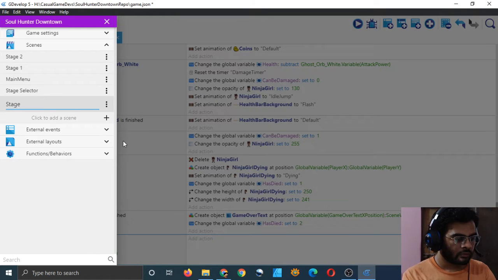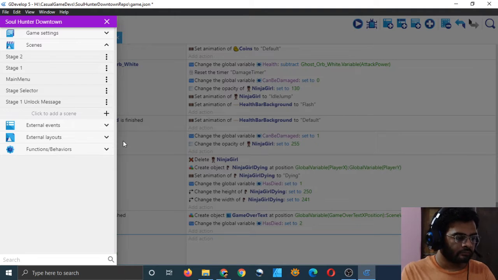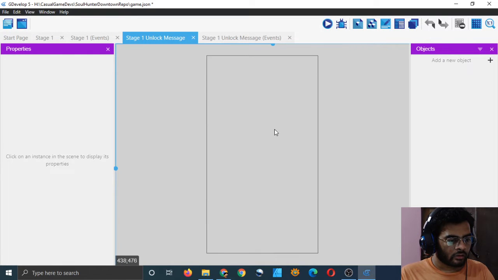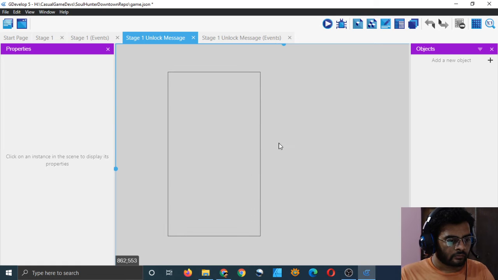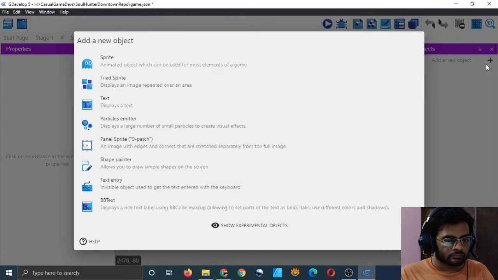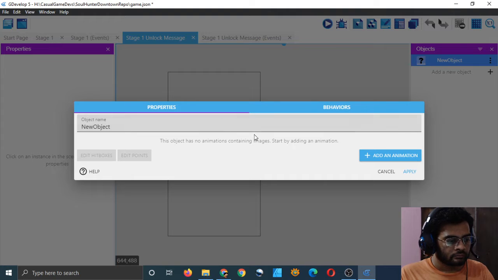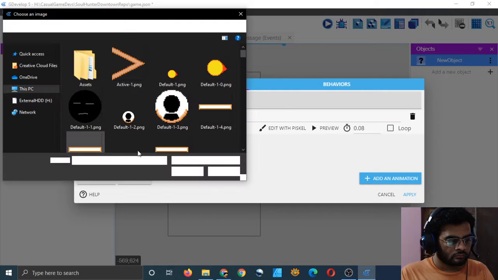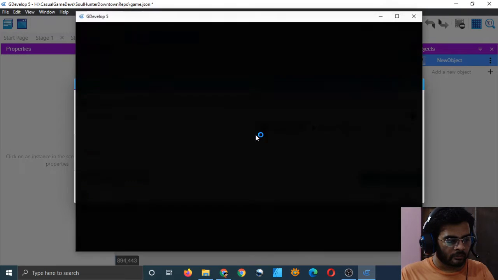Rename it to stage 1 unlock message, and then open it. And in this we are just going to make a very simple art. No, don't add it, edit with Piskel.